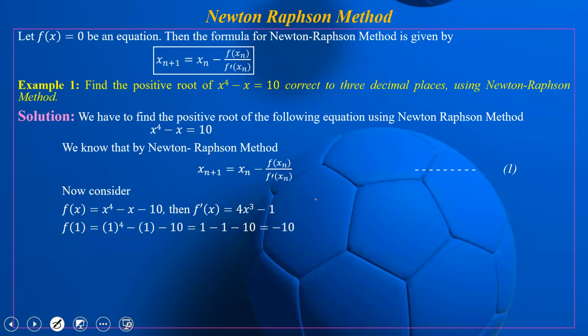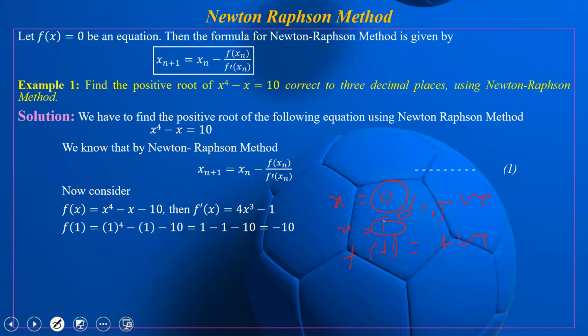Now let us find out where the root of this equation lies. In the last lecture we already saw that we substitute some arbitrary values, suppose x equal to 0, x equal to 1, x equal to 2, x equal to 3 and so on. If for one value of x, suppose x equal to 0, f of x is negative, and if we put x equal to 1 and f of 1 is a positive value, then we say that the root of the equation lies between 0 and 1.